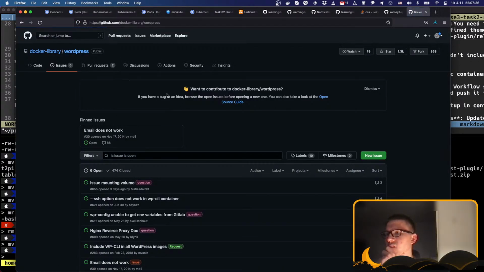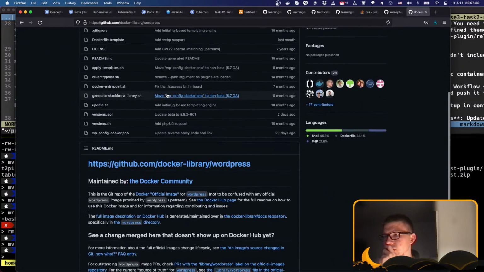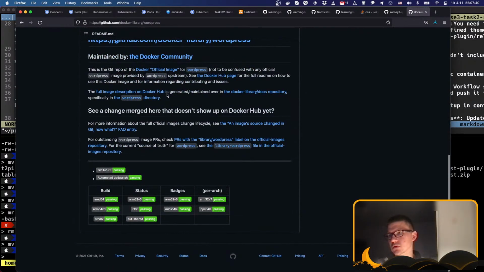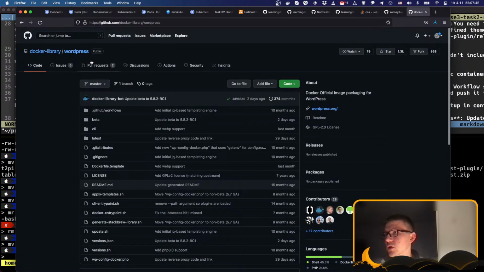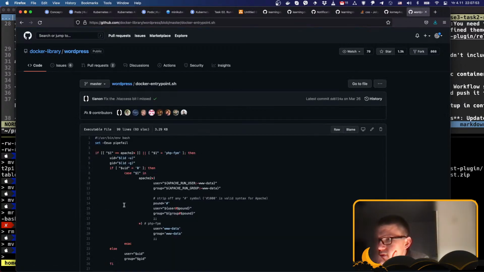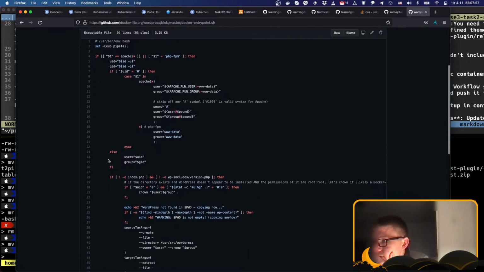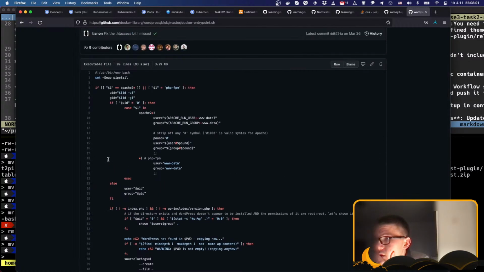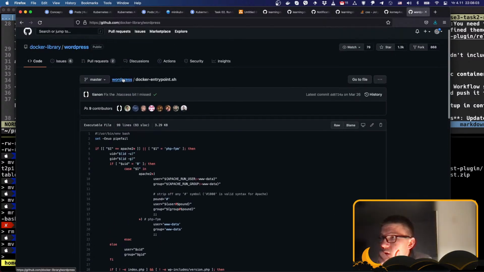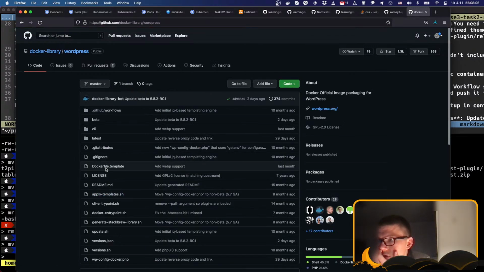So let's check out where is wiki. Maybe do we have a wiki? No, we don't. Router entry point, username, blah blah blah. Let's see what Docker file